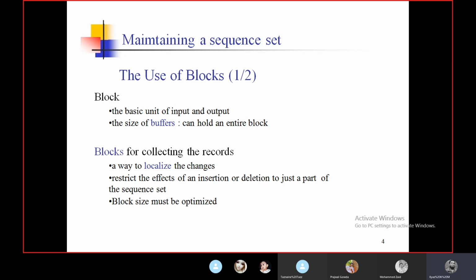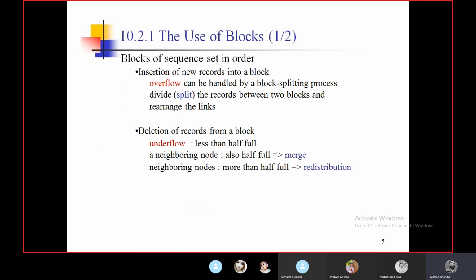So how are we applying indexed and sequential access? By using blocks. Yesterday we discussed what a block is. A block is a group of records, and the number of records per block is predefined. We also discussed how we split the blocks if one overflows while adding a record, and how we merge two blocks when there is free space in the blocks.